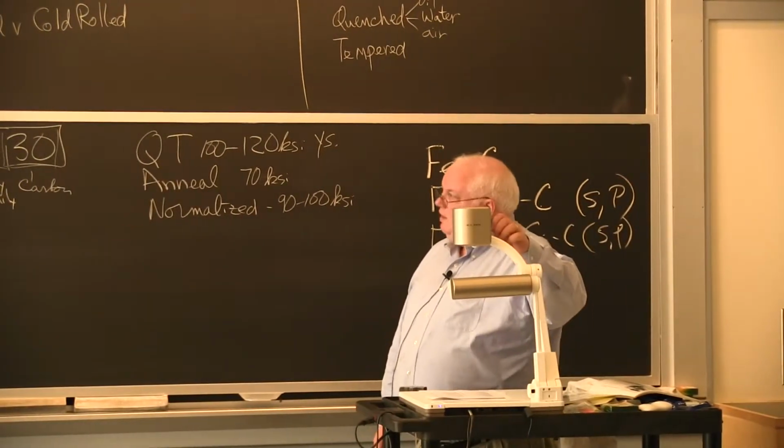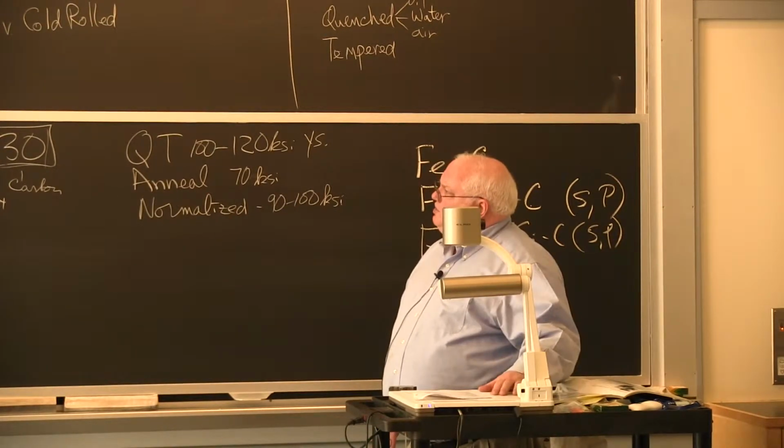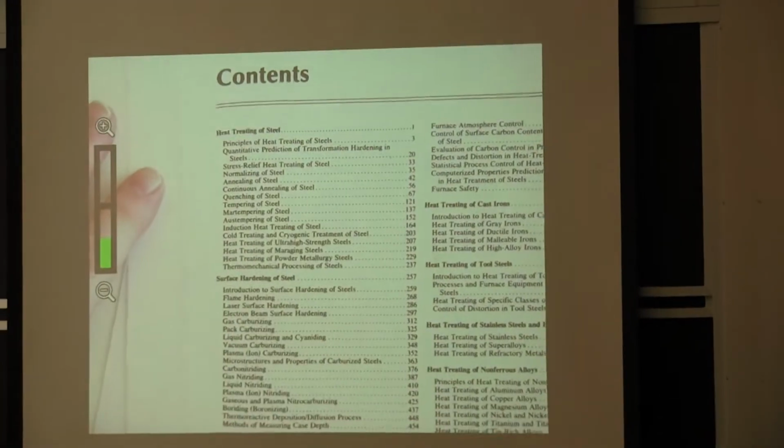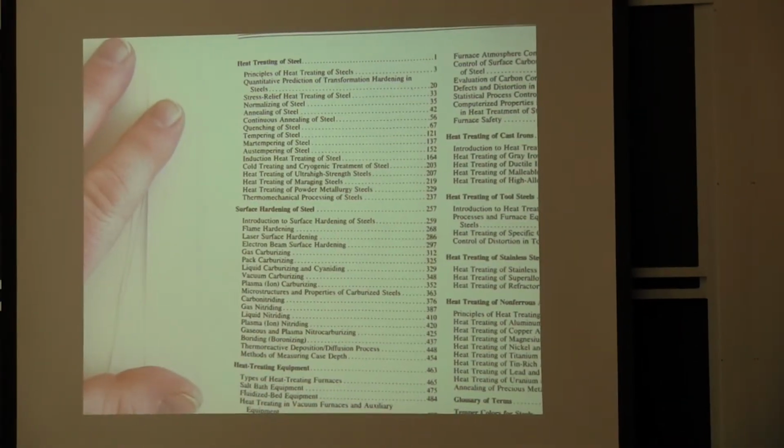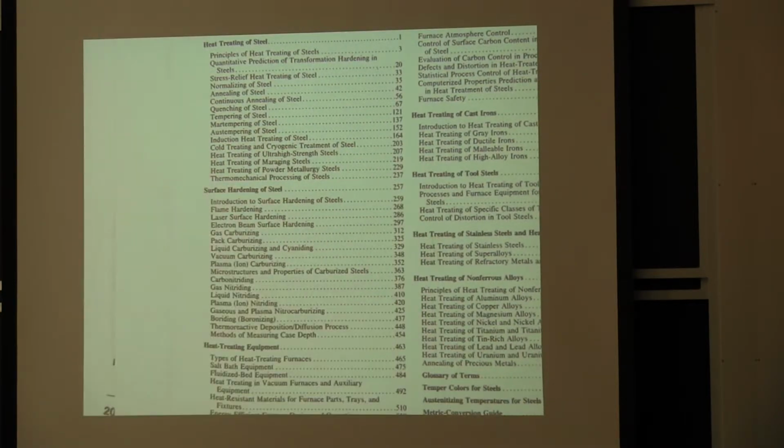And most of the contents are on heat treating of steel. Why? Because steel is 95% of all metals. So you have heat treatment of steel, you have surface hardening of steel. What do I mean by surface hardening? Well, Jonathan asked earlier about